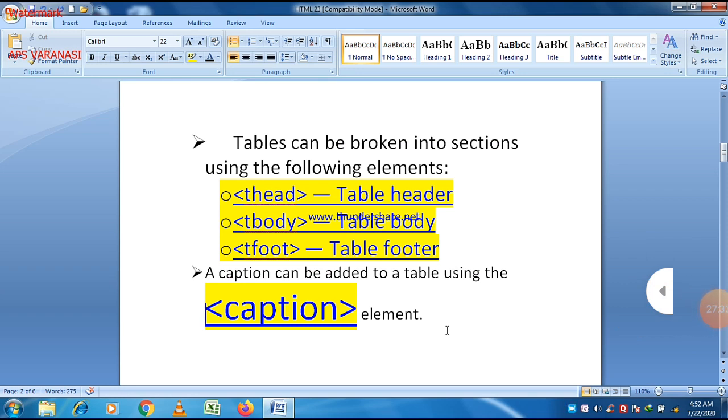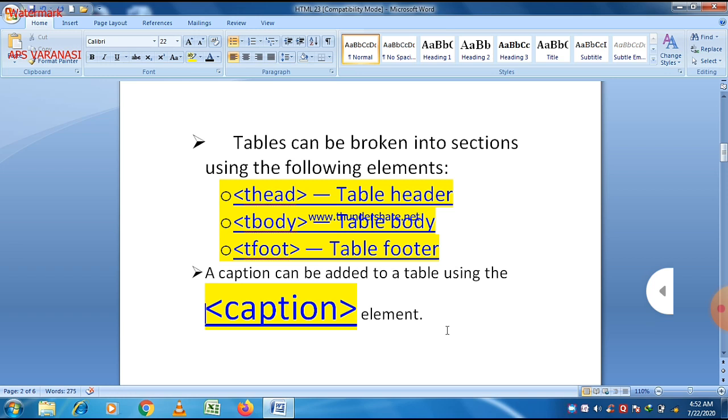And if we want to define a border, always remember that the border of a table is by default 0, and if you want to define a border, there is an attribute named border attribute, and just define border is equal to 1, 2, or 3, or 4, or maybe 5. It depends upon you, but by default it is 0. And when the border value is 0, it means that no table border appears in the table.